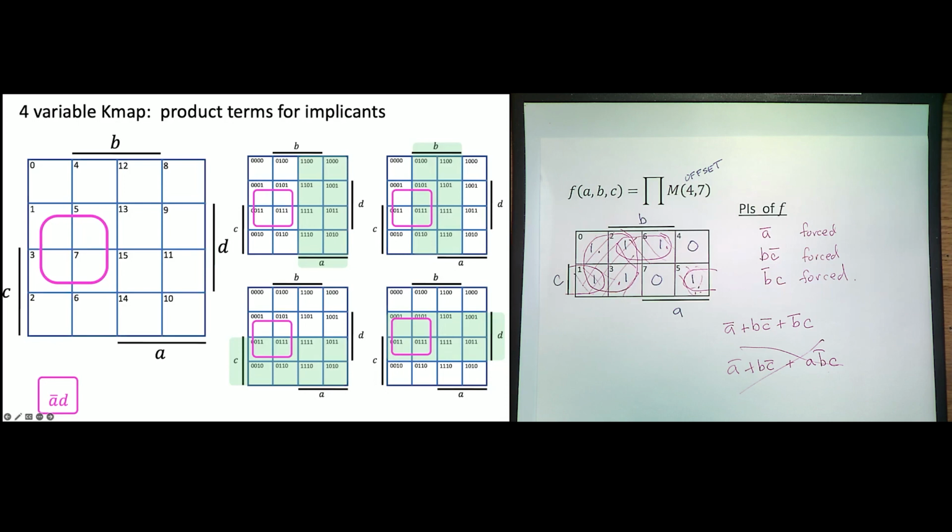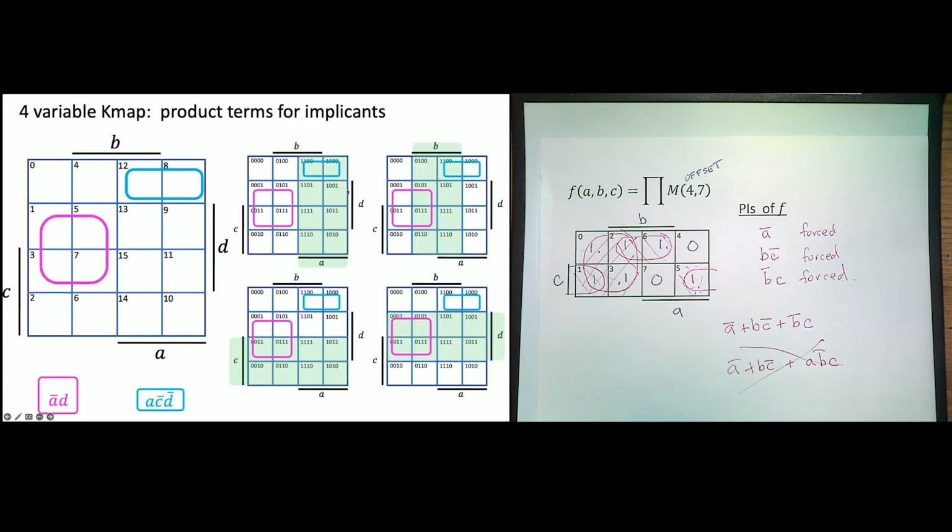Okay. How about this one? Here, I'll put it there for you. How about Marco? Yeah. A, C bar, D bar. There's no B, right? It straddles B. This whole top row is where C and D are both 0. So it's going to be C bar, D bar, and then we're inside A.